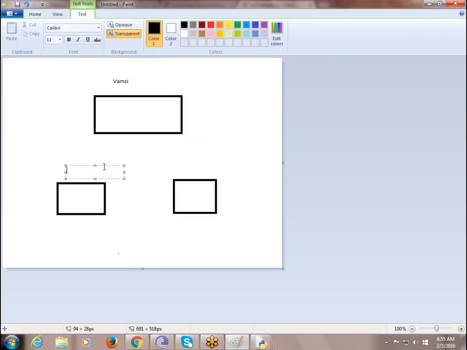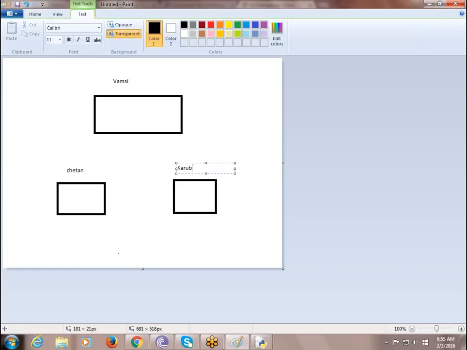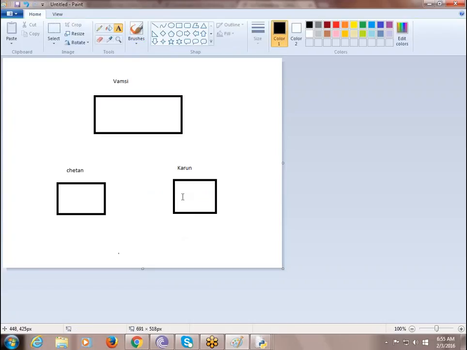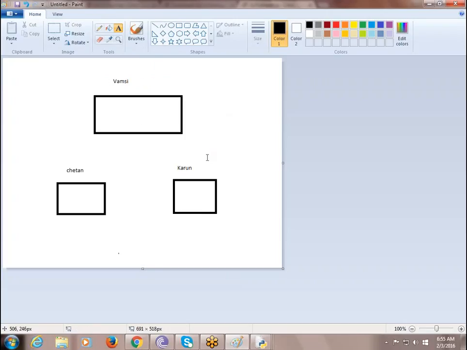Chetan and Karun, are you getting it? Yes, sir. Please ask me. So here Vamsi is an architect, and Chetan and Karun are here. As an architect, I am designing my building plan.